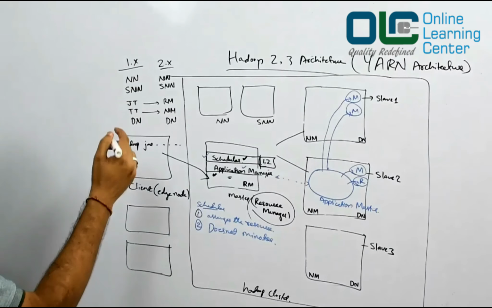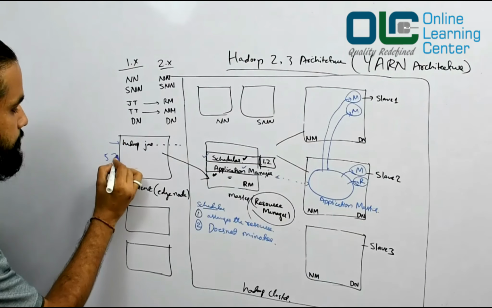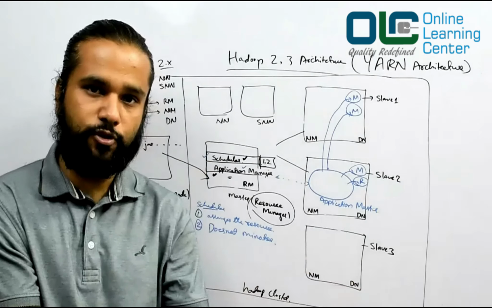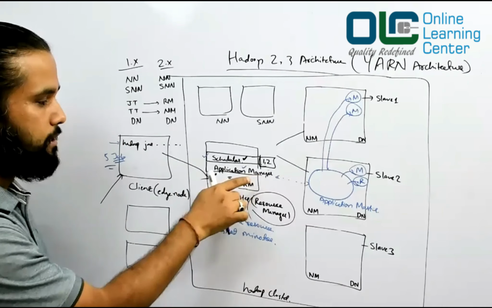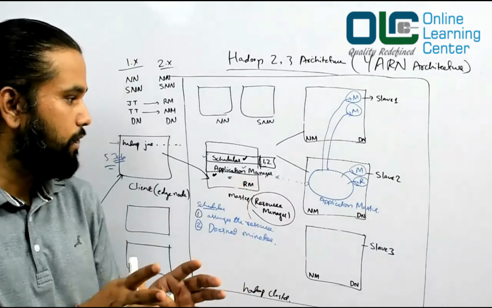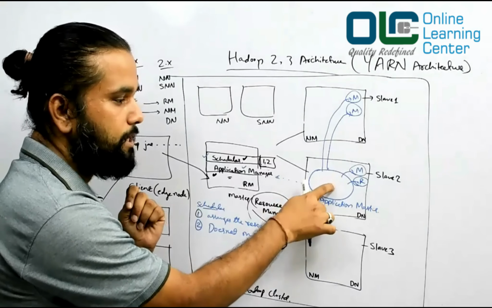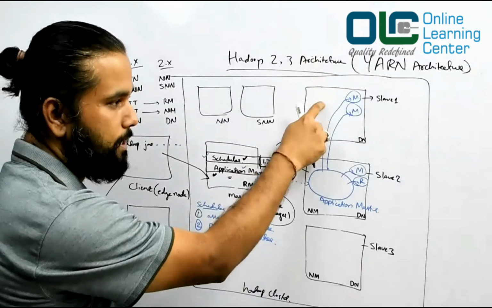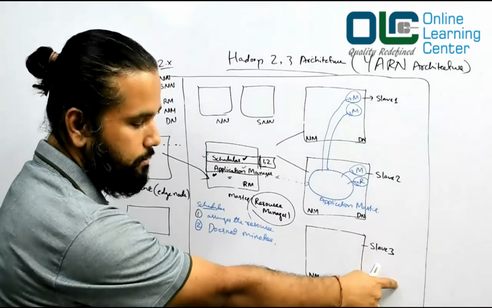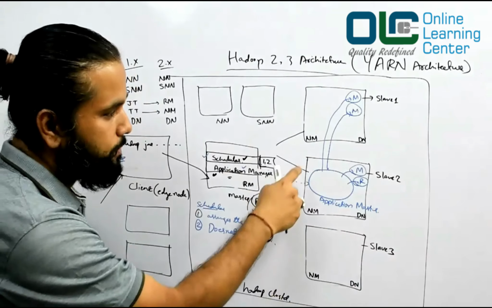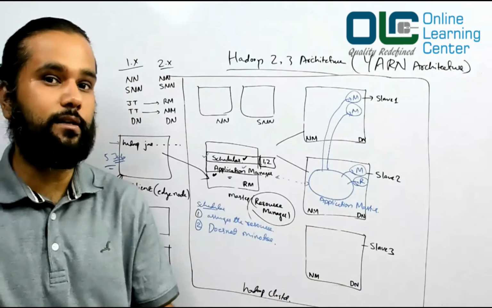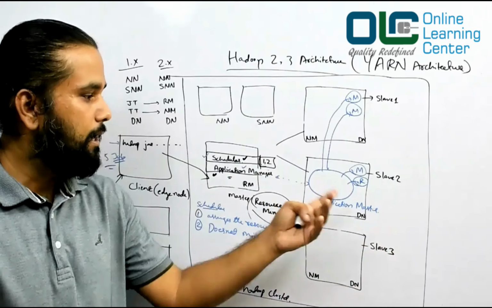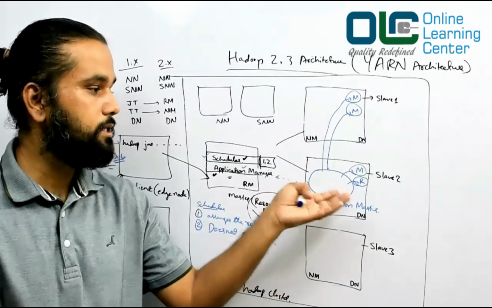Which means if I submit 5 jobs, the scheduler will arrange the resources for all these 5 jobs, and then the application manager would say, okay, I have 5 jobs to execute. Job number 1, I'll launch an application master here. Job number 2, I'll launch an application master here. Job number 3, here. Job number 4, in some other machine, and so on. So it is possible that one node can have multiple application masters, because it is not going to run only one job. In real time, you'll have a lot of application masters being launched on a single machine.